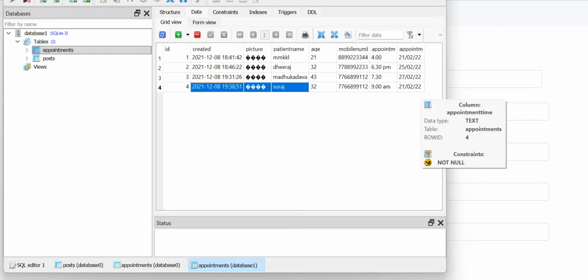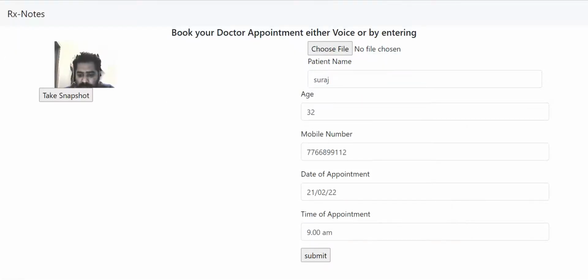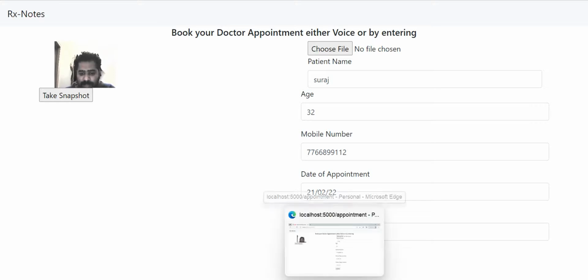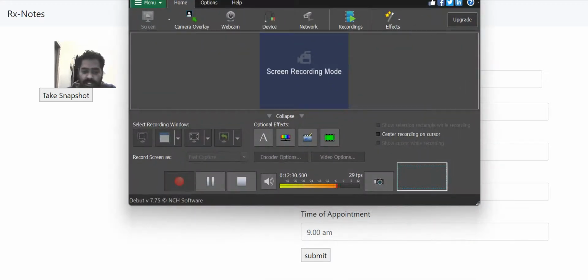This is the thing. It's always better to have photos in the appointment, but rendering photos in the appointment page through SQLite or a SQL DB is really a costly affair. So for the POC, proof of concept, that is not needed. We will try to integrate the Google Sheets and see it in the next video. So that's exactly what I have been planning.